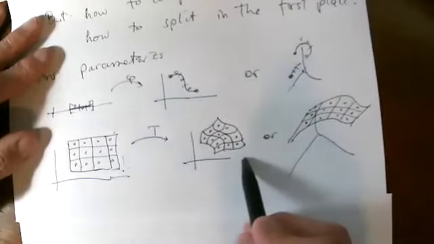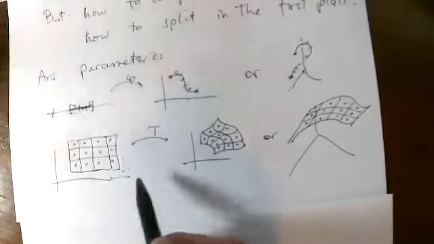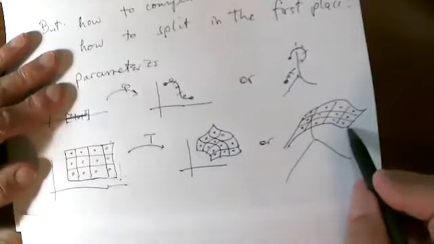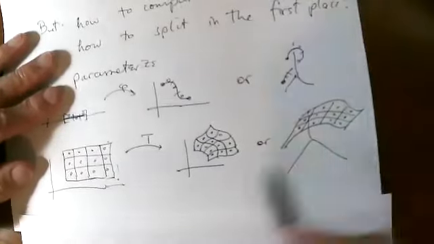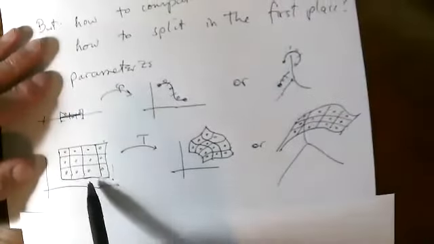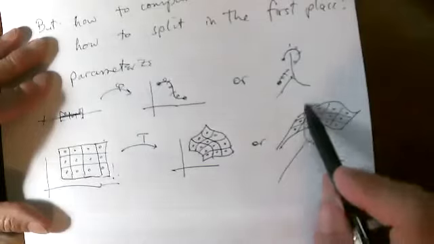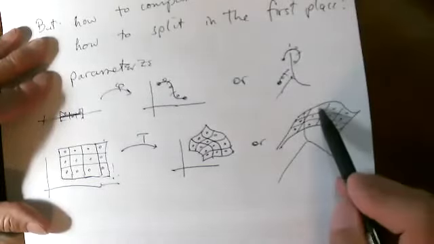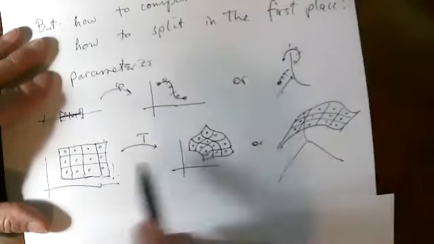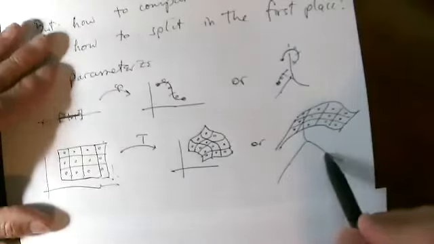you were in R2 in the first place, and you were parameterizing it with a different subset of a different R2. But we're going to deal with surfaces that float around inside R3, and then this really does feel like a parameterization. You'll have a function that maps pairs of numbers onto, well, these will all be points in three-dimensional space. They'll all have a triple of x, y, and z coordinates. So that'll be what we would call a parameterization, something that gives x and y and z as functions of